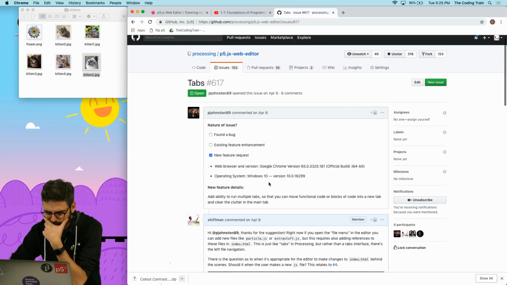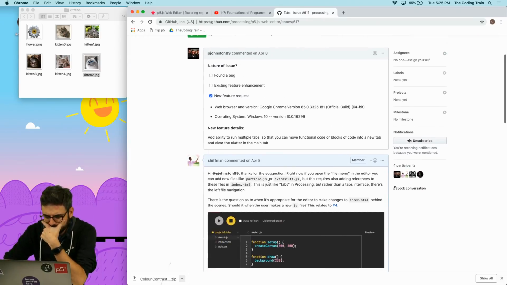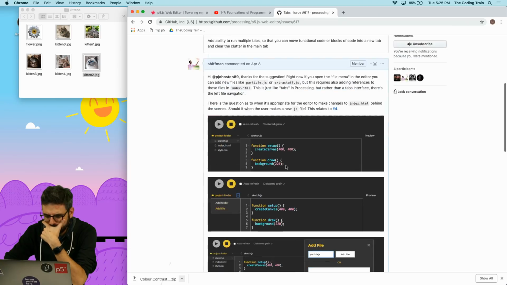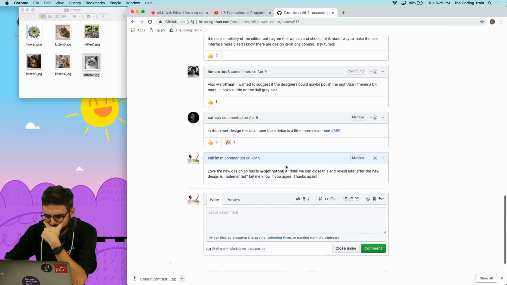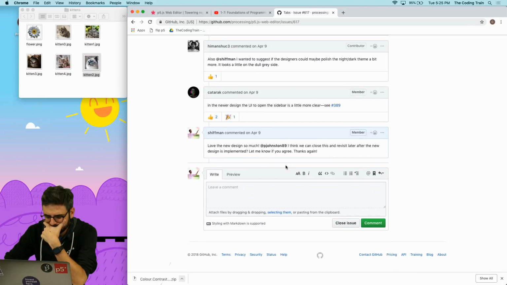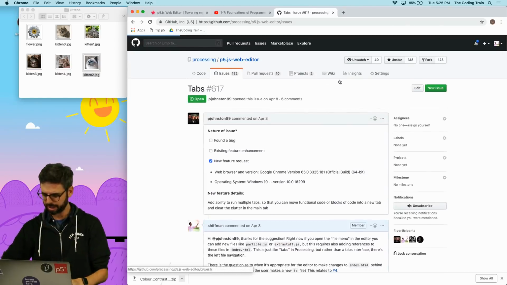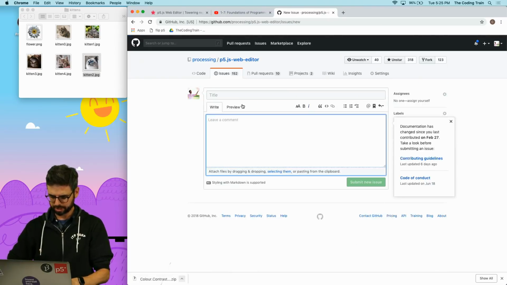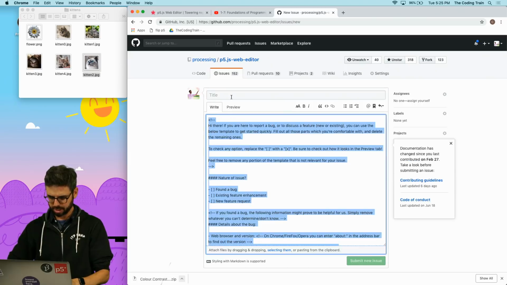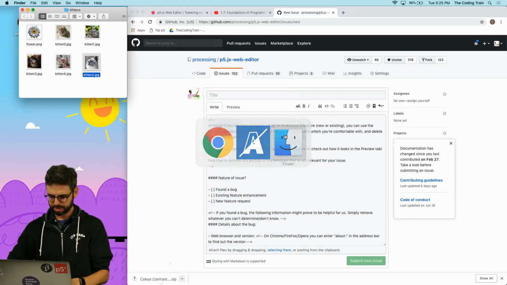Let me see. Ability to run multiple tabs so you can move functional code. No, that's a different thing. All right, so this is something else. Okay. I'm going to erase this because I'm confident in, well, I'm going to say,